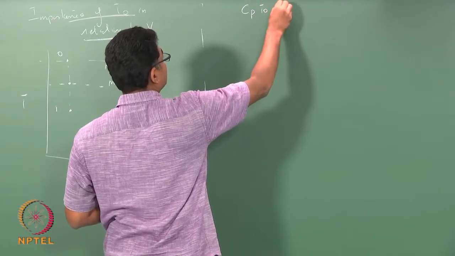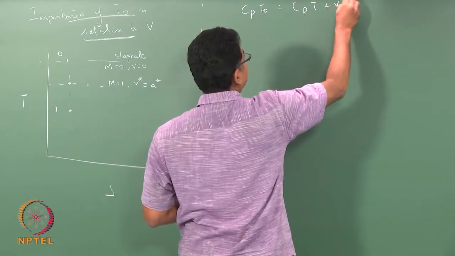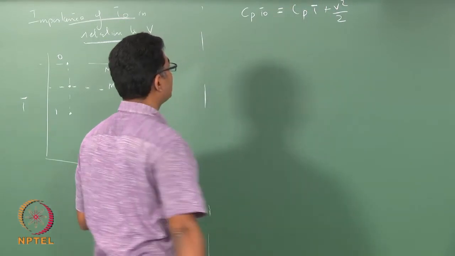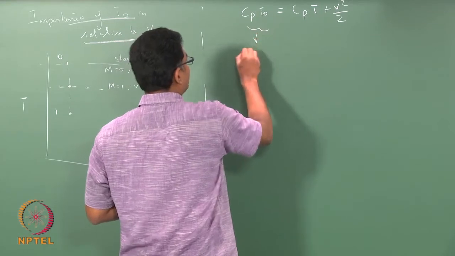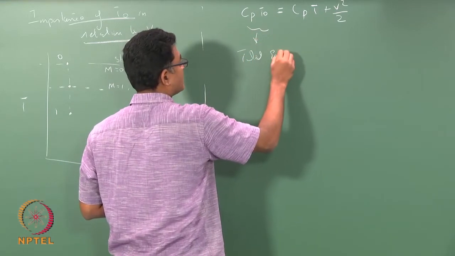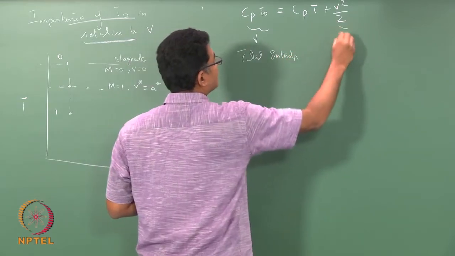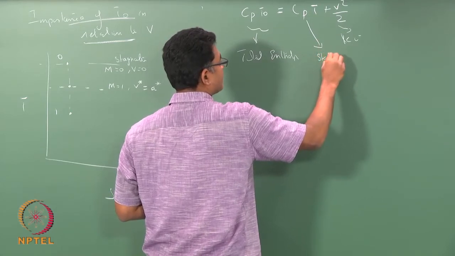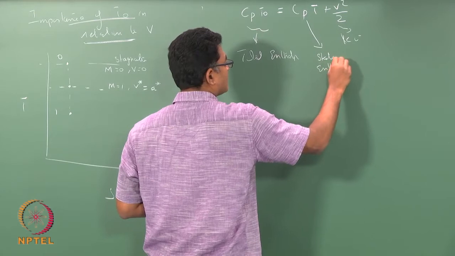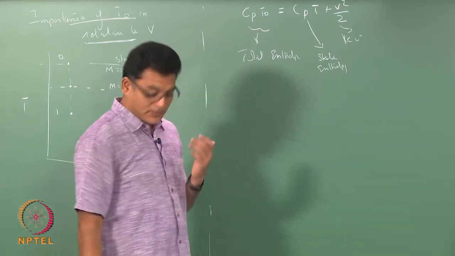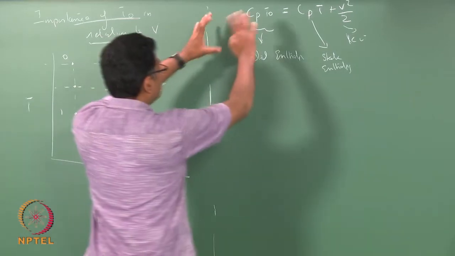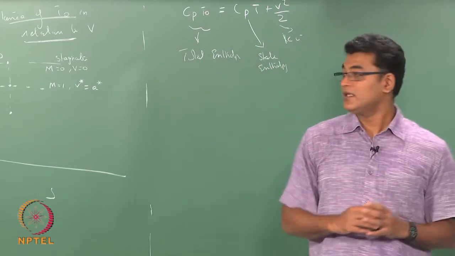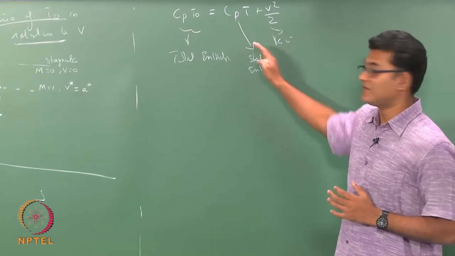Your Cp T0 is Cp T plus V square by 2. Okay. So, this is your total enthalpy. This is your kinetic energy and this is your static enthalpy. So, what does this equation tell you? So, if I have a gas of this much total enthalpy, that is balanced between the kinetic energy and the enthalpy of this,